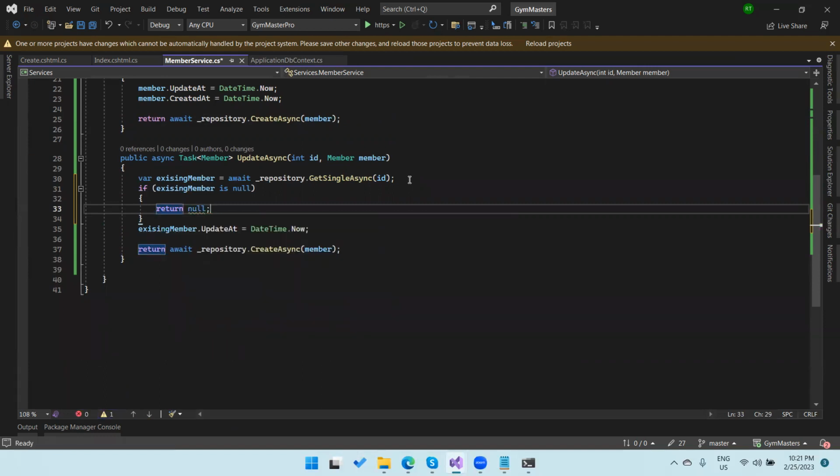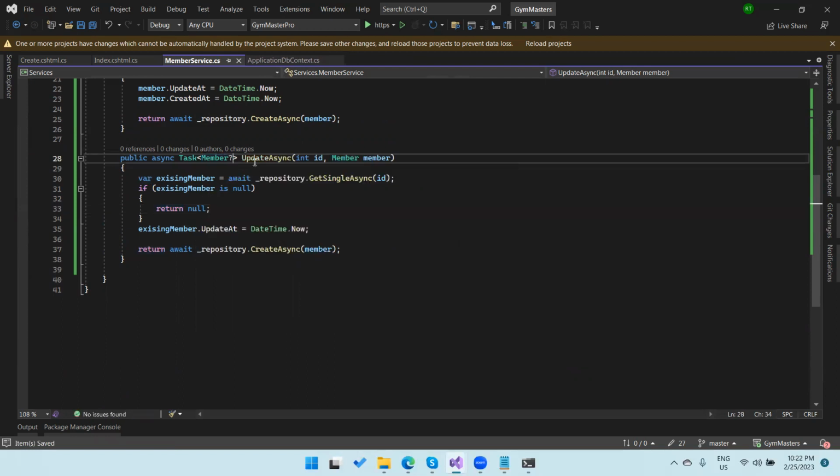We'll have to make it nullable as well. But if it's not null,